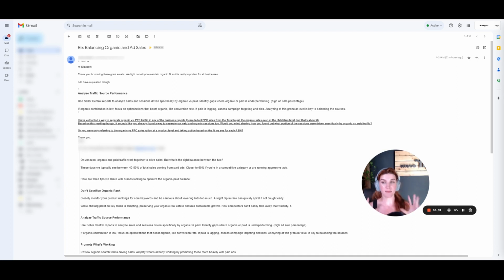Now, oftentimes for profitability, we really still have to bring the total ACOS down. So I get it. It's not that we just say, oh well, that's the way it is and there's nothing we can do about it. We definitely need to start optimizing. But again, given the context of the ad sale percentage, it's pretty obvious that we needed to be very, very strategic with where, how, and when we were going to start bringing down the total ad spend volume.